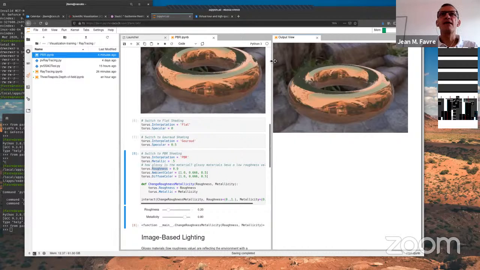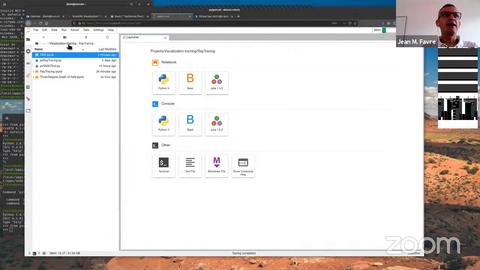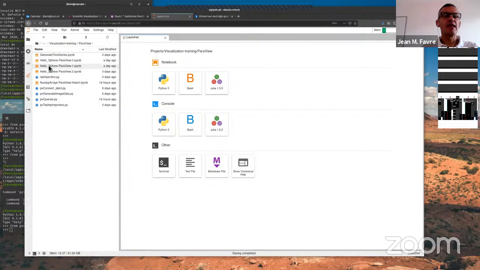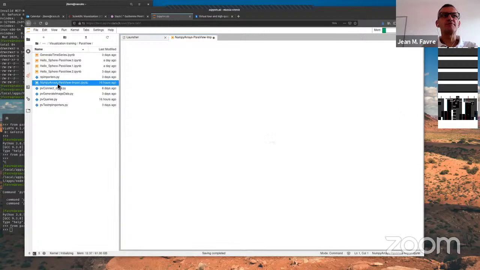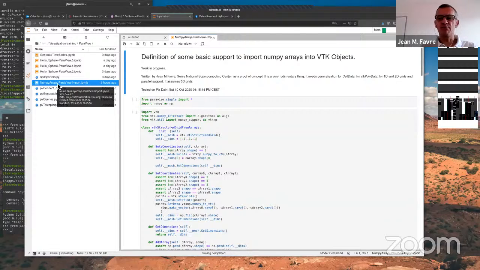Very good. All right, let's quit this. And let me go back to ParaView, the ParaView folder. I have here a NumPy array ParaView import notebook. And this is basically an example on how to import NumPy